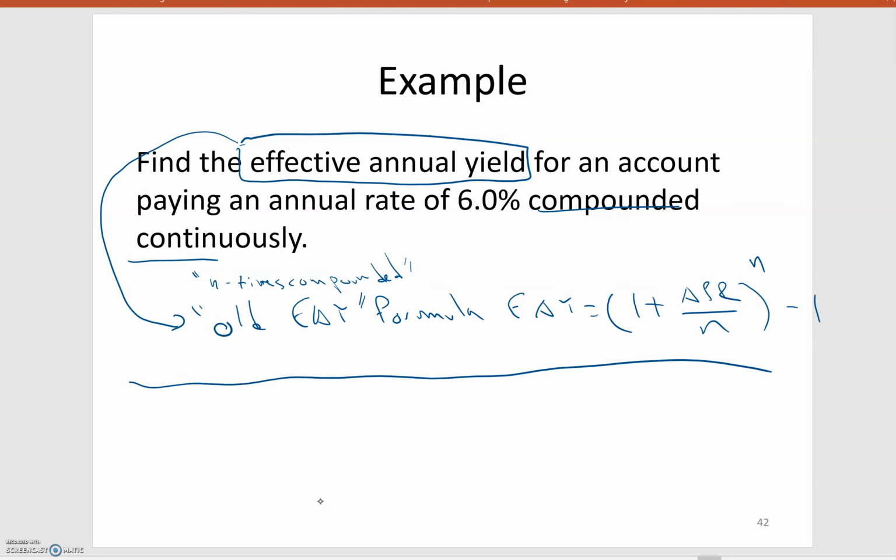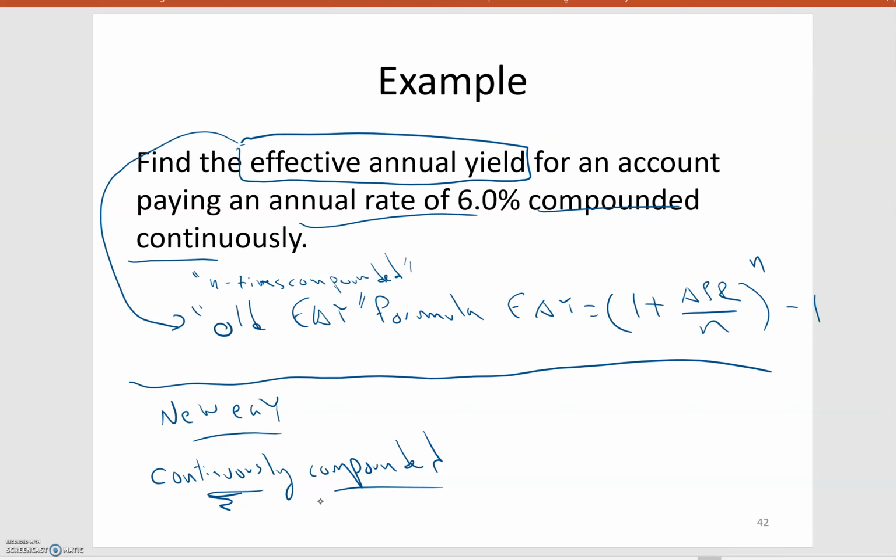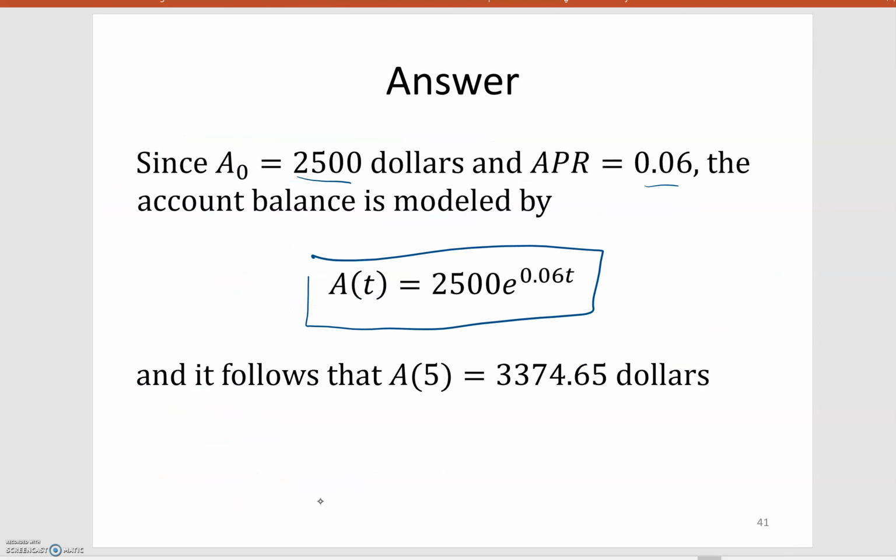But we're not in that situation anymore. Now we're in the, well, I guess we're in the new EAY, which is continuously compounded. So if you have a model that's continuously compounded and you have a stated APR, but you want to know what would be the effective rate for that APR, and it's continuously compounded, then what we're going to do, I'm